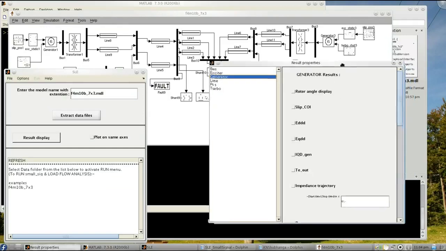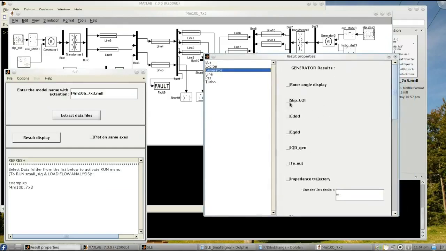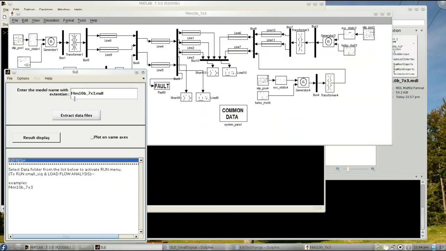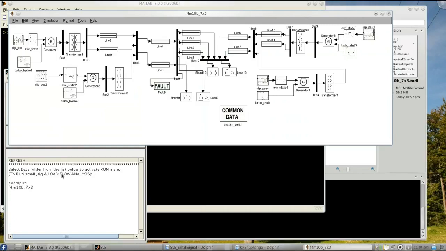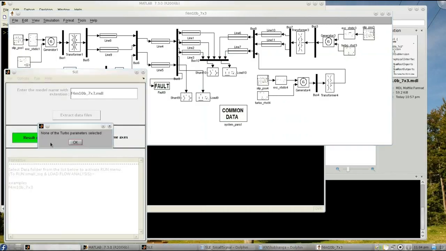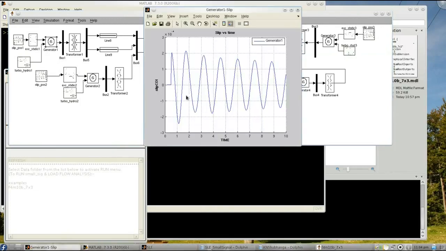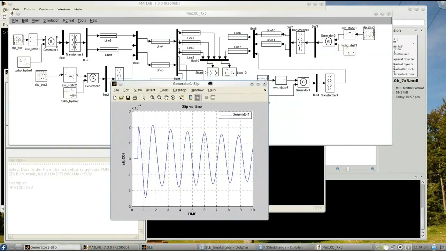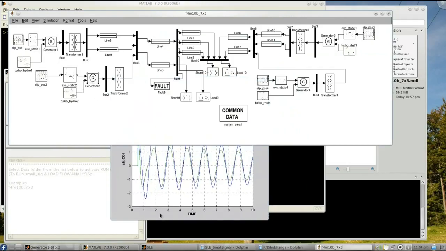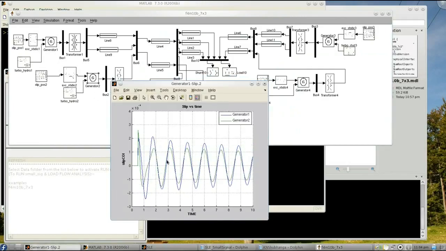So for generator, let's start with the slip COI. For comparative study, let's switch on the axis mode, common axis mode, and then hit the result display tab. The generator 1 is swinging. The slip parameter is listed there. The same appears for generator 2, which swings together with generator 1.